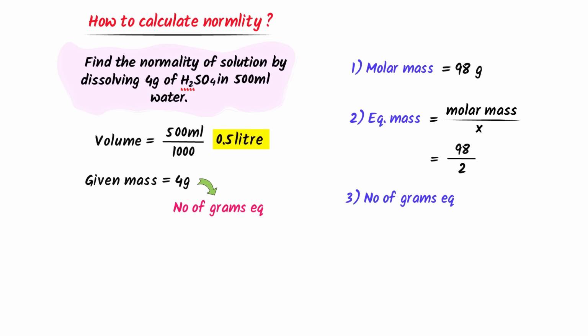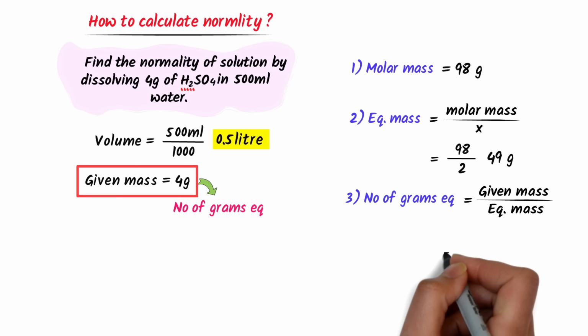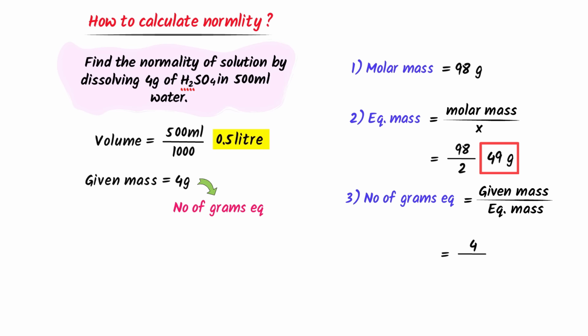After calculation, I get 49 gram. Thirdly, to find the number of grams equivalent of solute, we divide given mass by equivalent mass. Now the given mass is 4 gram and the equivalent mass is 49 gram. After calculation, I get